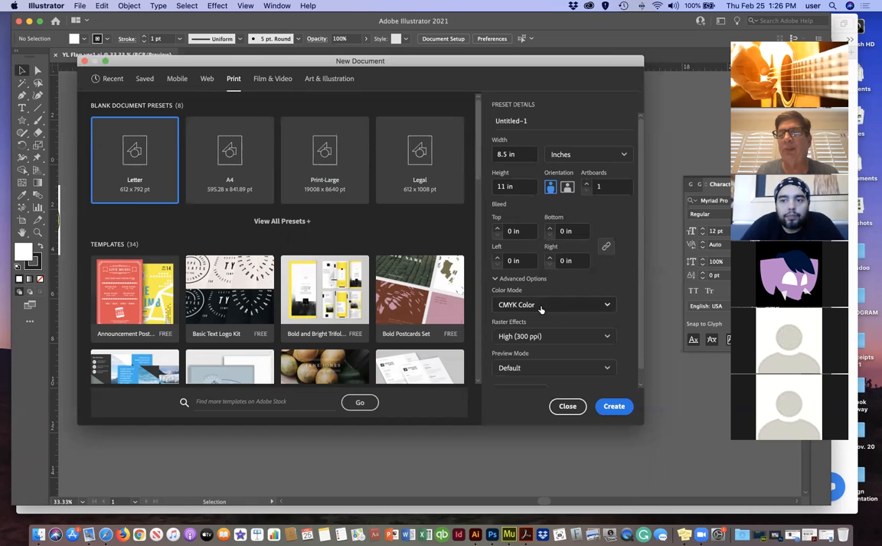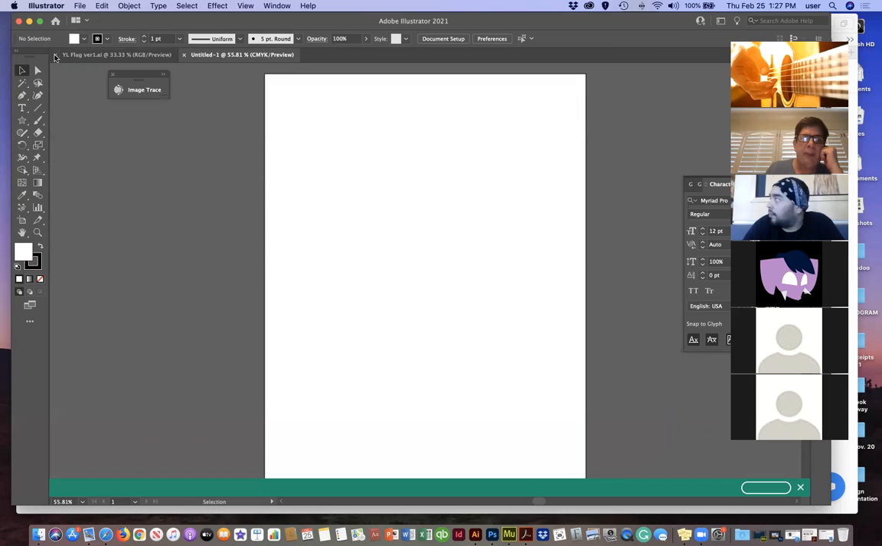Color mode is always typically CMYK with Illustrator, though in Photoshop we usually use RGB. Illustrator kind of defaults to CMYK, which is fine. If we need it as RGB, we'll save it later as such. So don't worry about that. And then we're just going to click OK. We're going to get a document that's basically